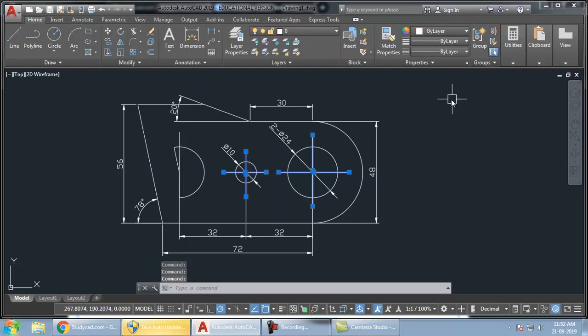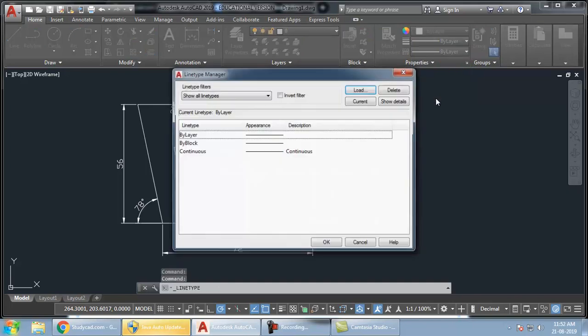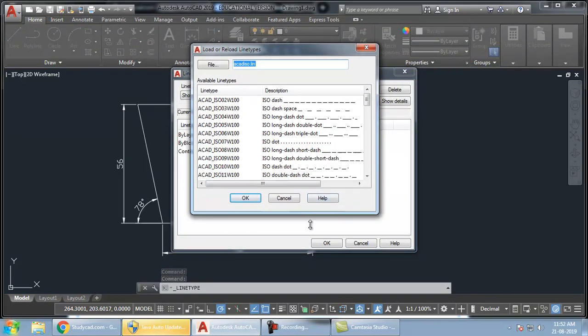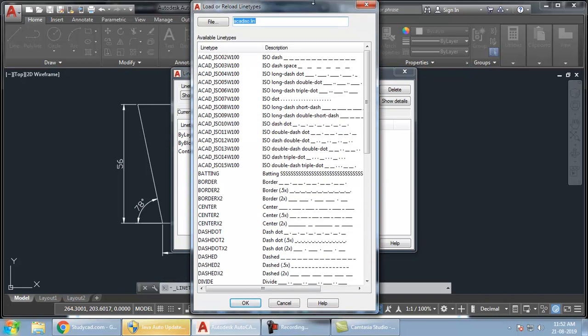In order to do that, go to Home, and here we have the Properties toolbar. From the Properties toolbar, you'll have to choose Line Type. This one is Line Type. Click on that, go to Others. First up, we have to load the line types. So many line types are available for us. You can see this is a long list. So we'll have to go for